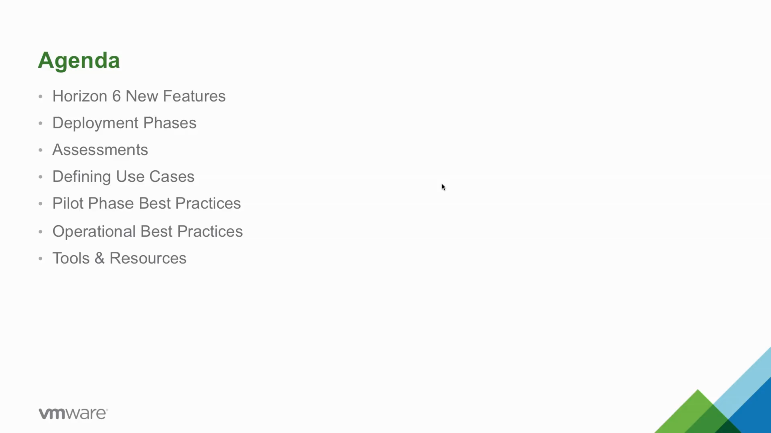In today's session, we'll cover a couple of the new features of Horizon 6. We'll talk about the phases of deployment, all of which are necessary for a successful Horizon 6 deployment project. We'll focus on assessments and their importance in gathering empirical data about the current environment. We'll talk about the concept of defining use cases, how they're defined, and why they're important to define. We'll talk about pilot phase. This is a great phase for getting to understand the complete environment, putting in operational practices, as well as deployment practices. We'll talk about operational best practices, including backup and monitoring, and we'll cover some tools and resources that are